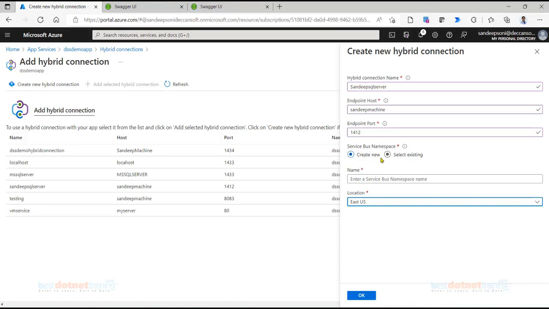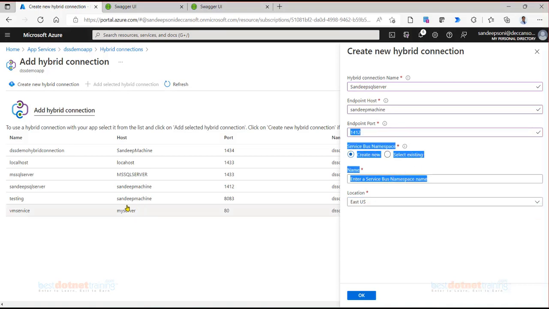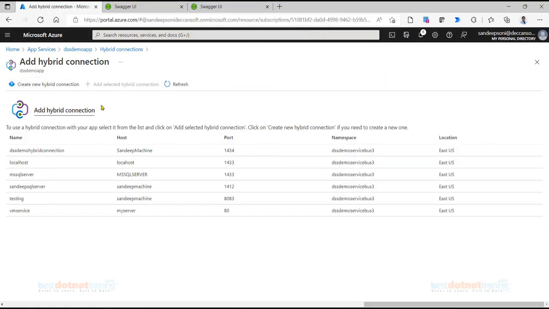Now, I already have this combination created here. So instead of creating a new one, I would simply select what I want, Sandeep machine 1412. Select this and I'll say add selected hybrid connection. If you don't have the combination of host name and port number here, then you'll have to create a new one.